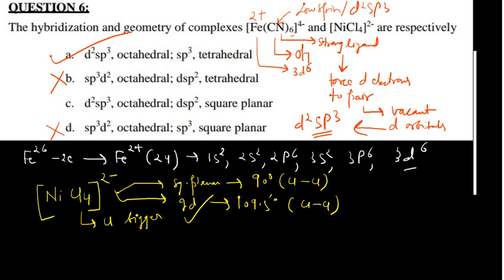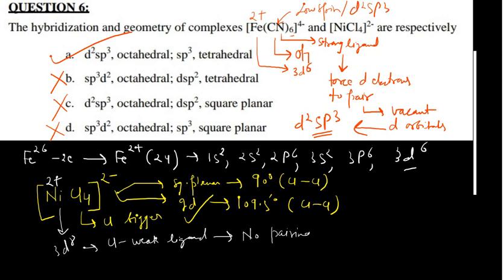And another way, if you want: nickel is in +2 oxidation state, and when nickel is in +2 state, it's a 3d8 system. And Cl is a weak ligand. When it's a weak ligand, that means no pairing of electrons, because weak ligands cannot force the electrons to pair up in the d orbitals. No pairing of electrons, and 8 electrons are there in that manner,